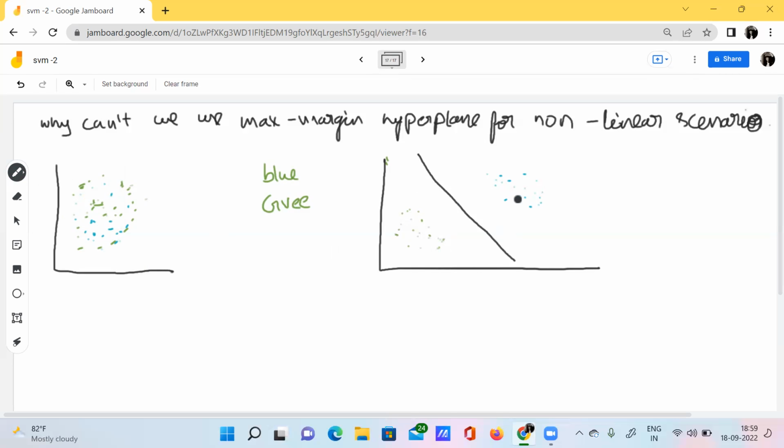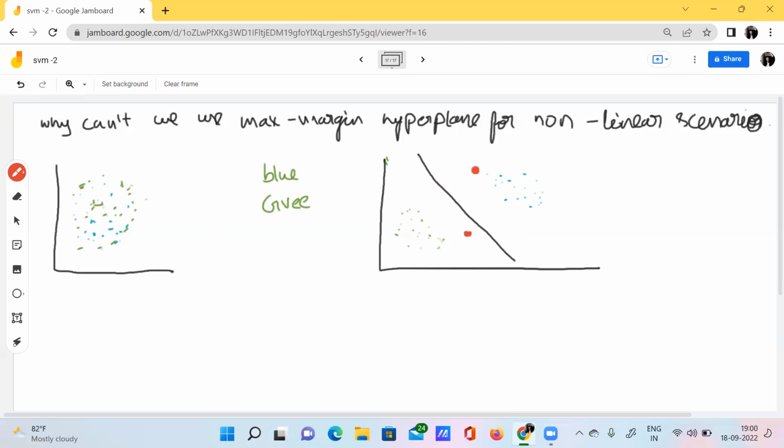Even though we have this natural classifier, we can't classify these two data points perfectly. Why? Because let's say I have a new data point like this. Then what happens?